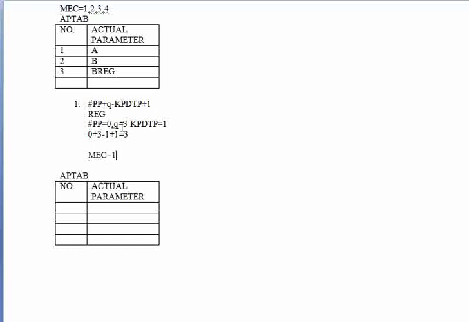#PP is 0, Q is 3 and KPDPT is 1. So its position is 3. So at the third place I'm supposed to enter the default value. Okay, before that I need